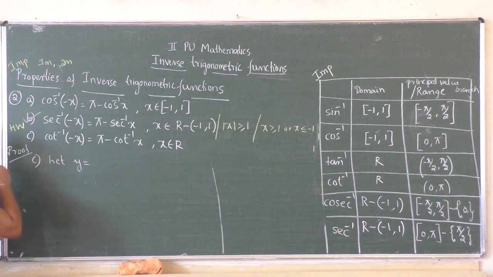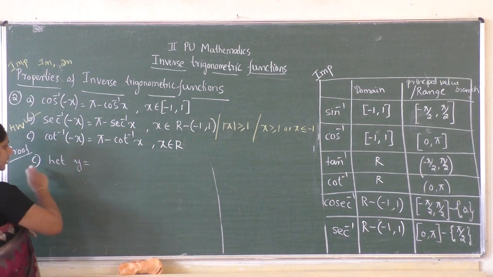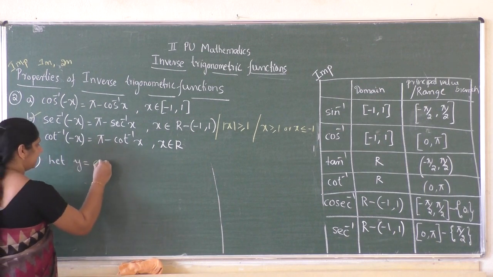I will prove the third one, that is you have to prove cot inverse of minus x equal to pi minus cot inverse x. So I will take, let y equal to